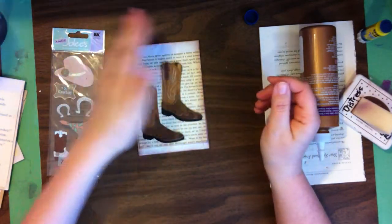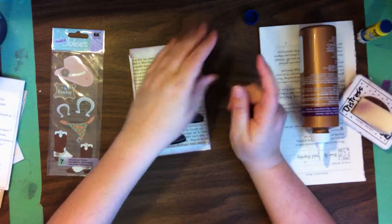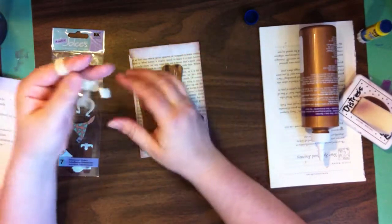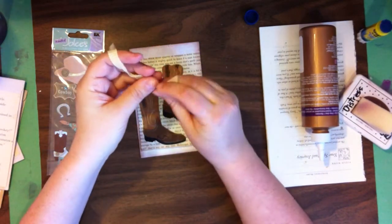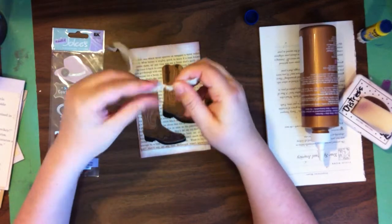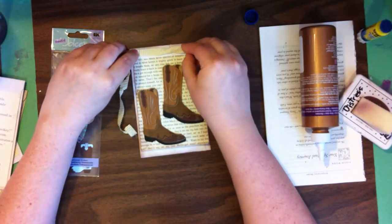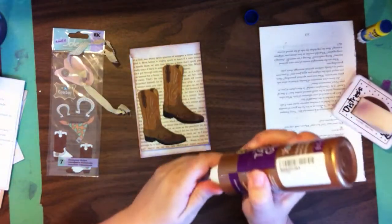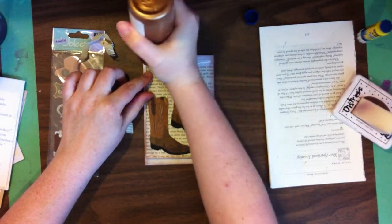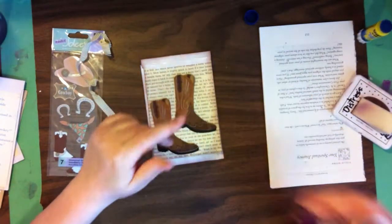I'm going to just have it at a slight angle so that it doesn't look so stiff. And then I had this thought that I put a little strip of this ribbon across the top. That is very twisty right there. Anyway, so let's try that. I am going to put a strip of glue across. And then I am going to use the old finger tool